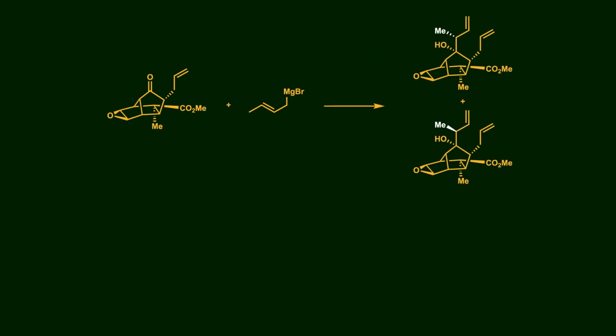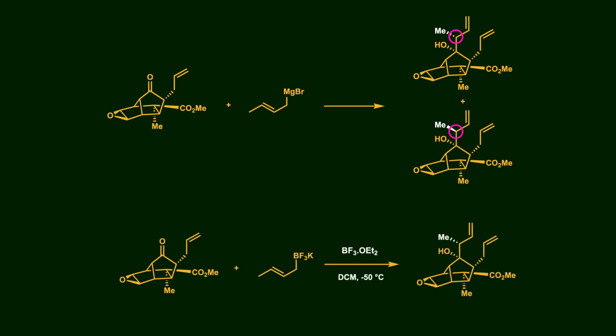Now it's time for crotylation of the ketone group. Using crotyl Grignard chloride led to a mixture of products with a 1:2 ratio, differing in the stereochemistry at this carbon atom. Unfortunately, the desired product was the minor isomer. After extensive investigations, it was found that using potassium crotyl trifluoroborate in the presence of boron trifluoride etherate complex provided the